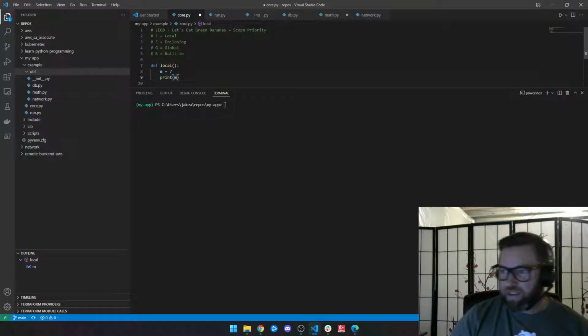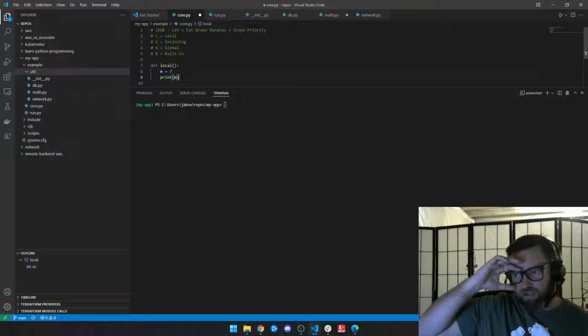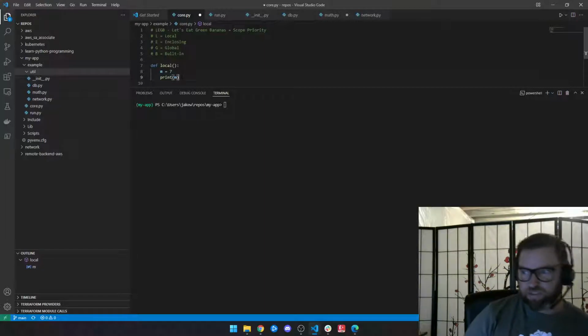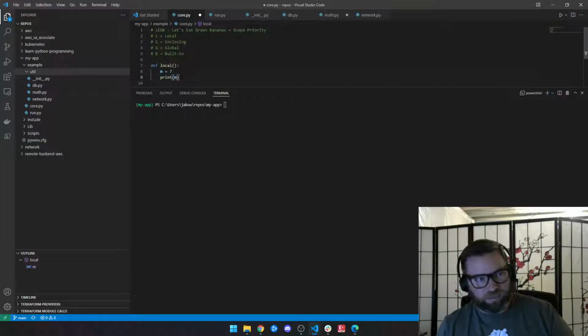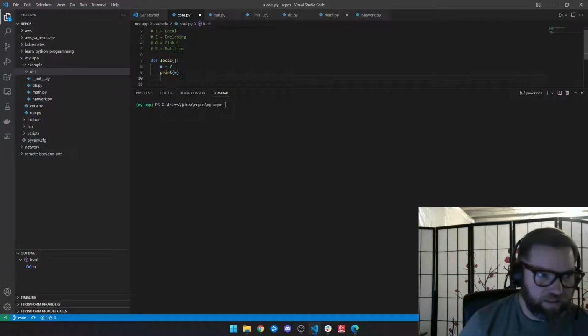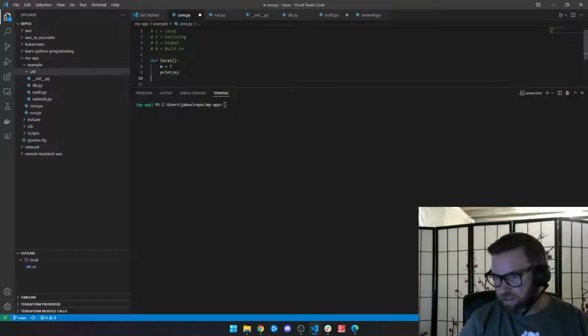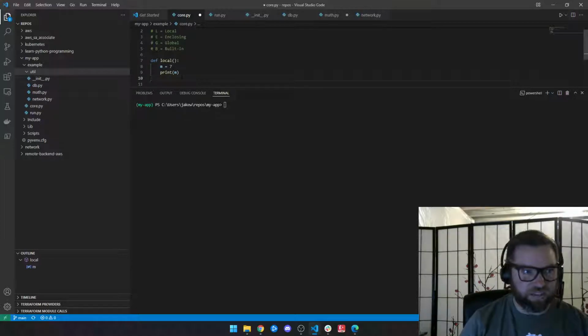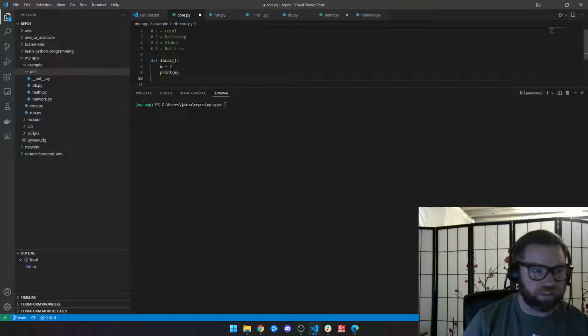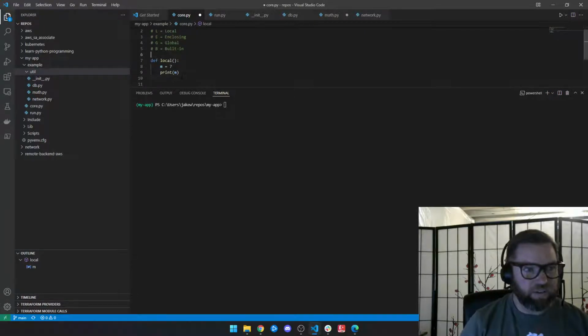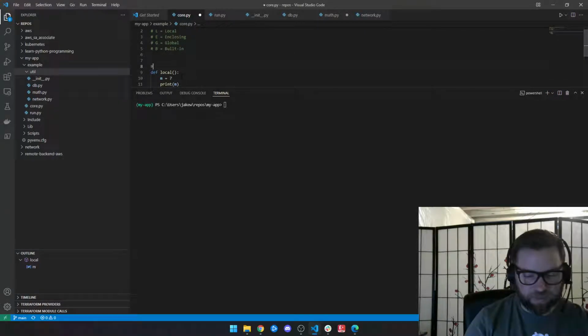Enclosing would be like, it has your non-local names and non-global names. So if there's something outside of here, well, if we go outside of here, that changes something. So I will just say that anything enclosed inside of there is also considered enclosing. And I'll just make another comment to say, all right, so let me